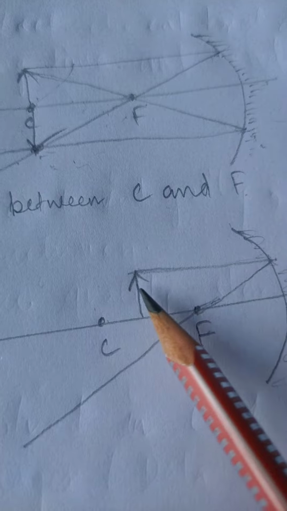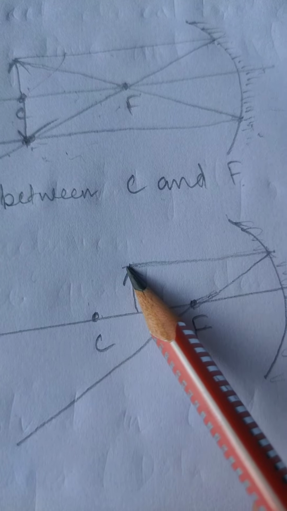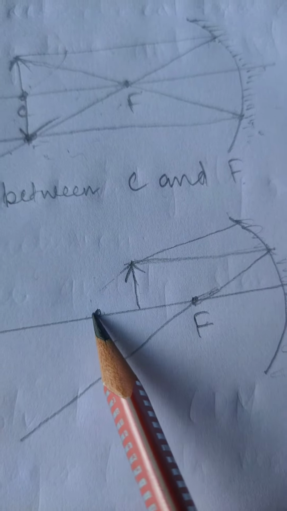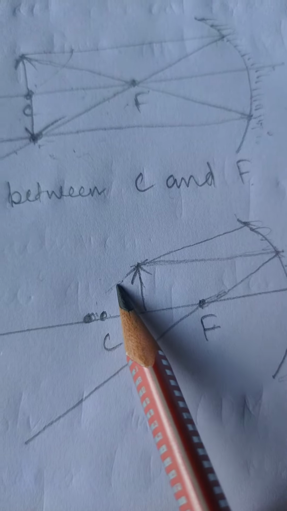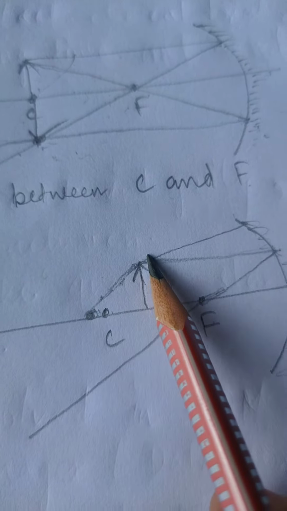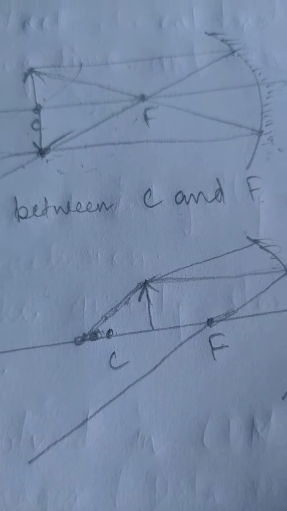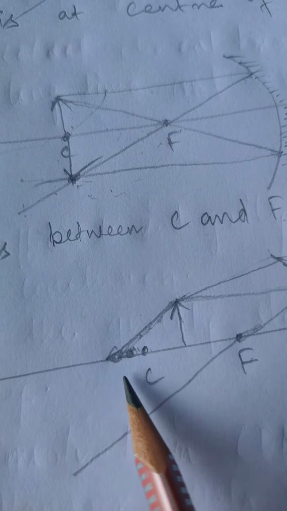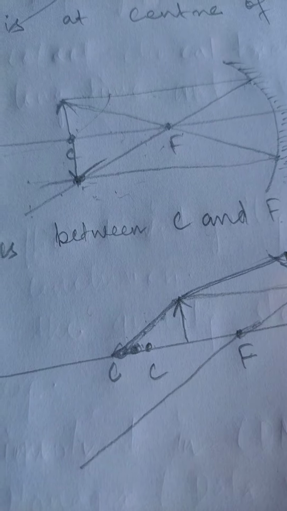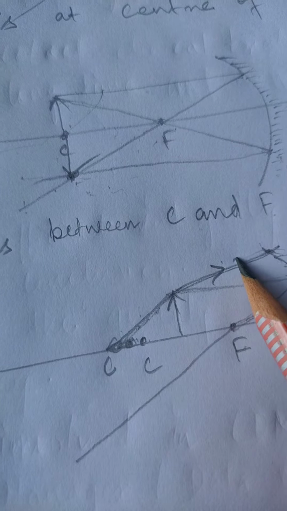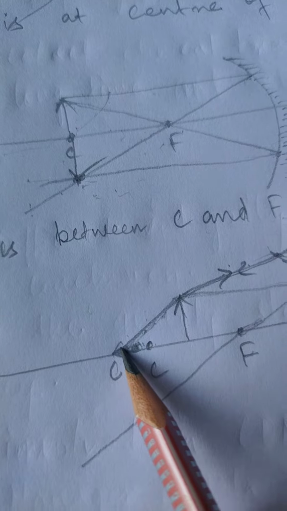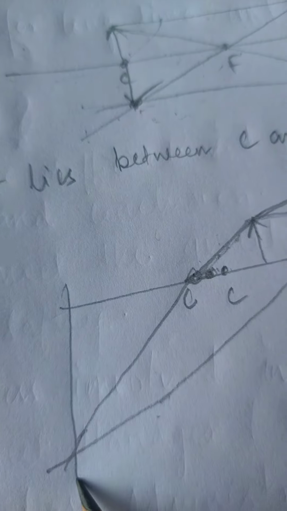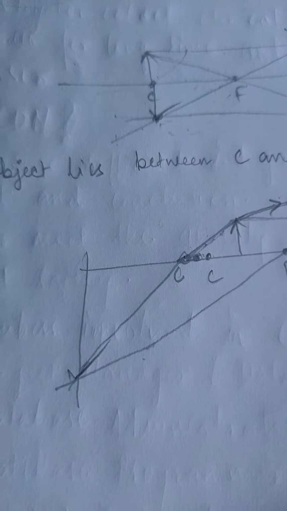Now second, from the head another ray of light needs to go. From the head another ray of light is going. When we trace it back, I made the point somewhat here. It is directly passing through the center of curvature. So sorry, but this line will directly pass through the center of curvature when we trace it back. The point from where it is going, it will strike and come back along the same line. Then it goes and goes, and this also goes and goes, and it meets somewhere, and the image formation will take place.